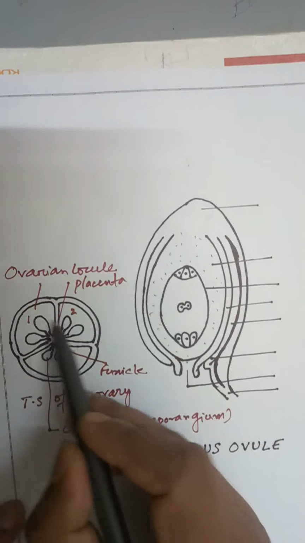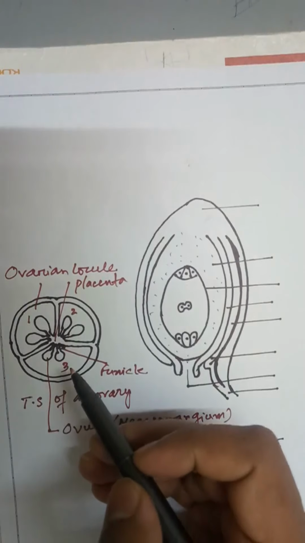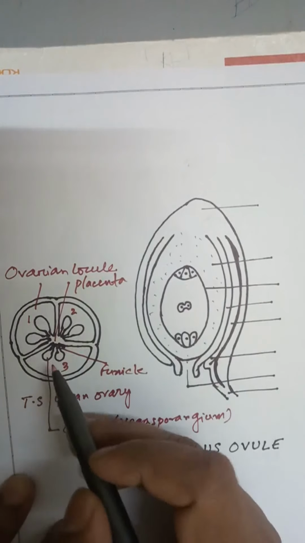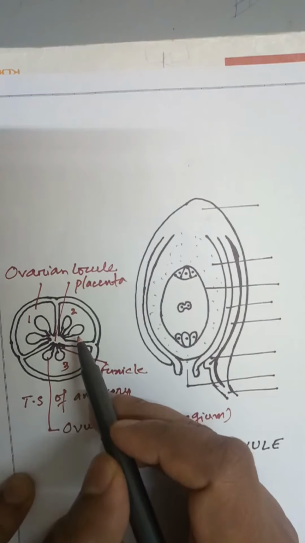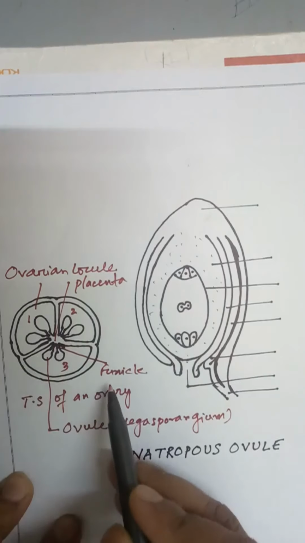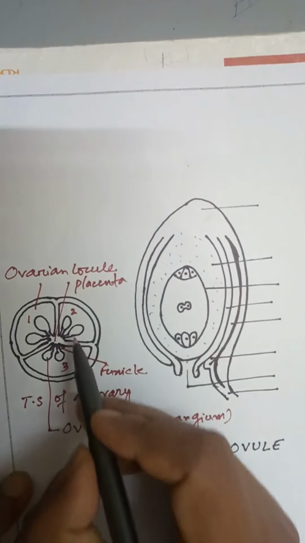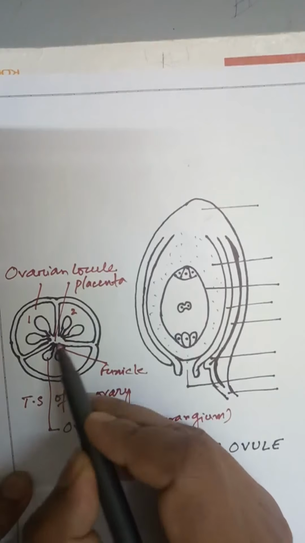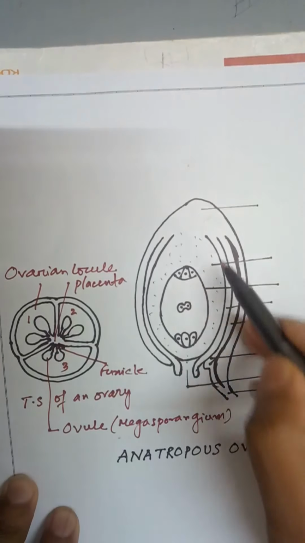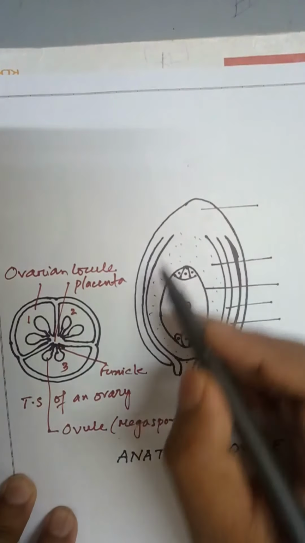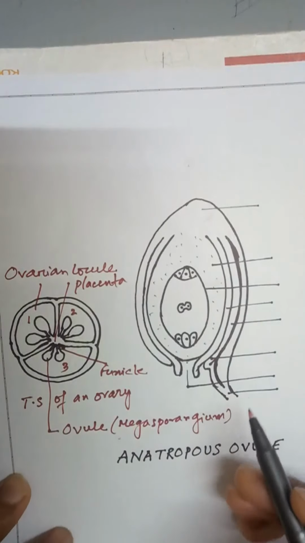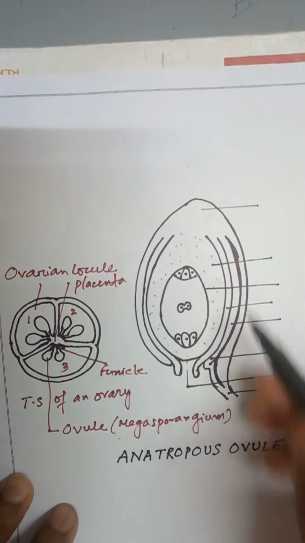There you find these small structures. It can be 1 in some plants, it can be 2 in some plants. So here I have shown a typical example. These are the ovules. Ovules are suspended from the placenta through the funicle. Now if I take one ovule from this diagram and draw it bigger, this is the entire ovule. This is the most important diagram from this chapter. You must practice it very well.